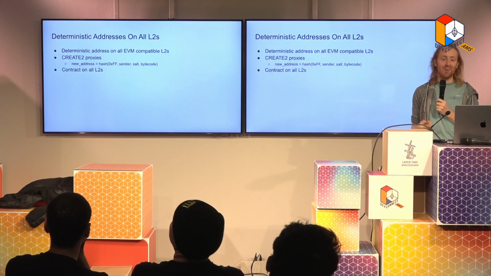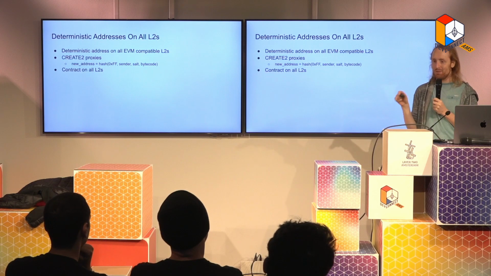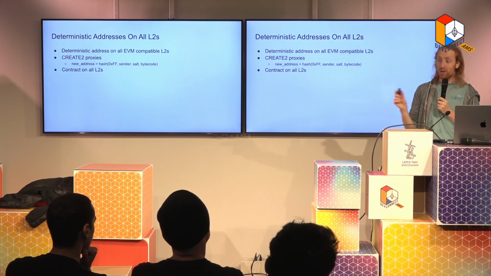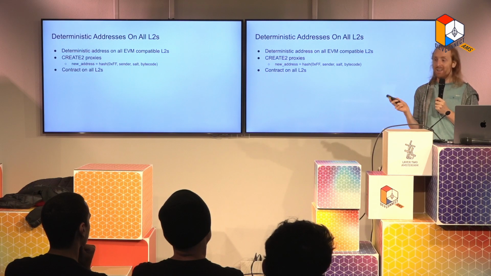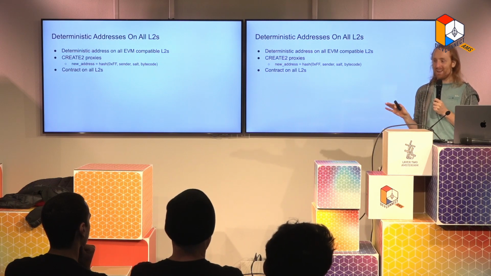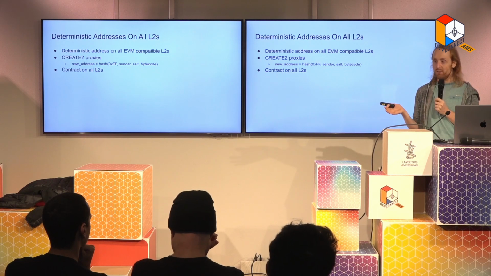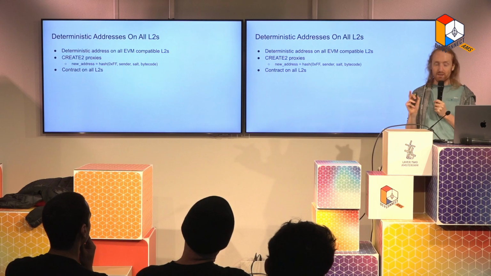Cool. Oh yeah, so this is a fun one. One thing that would be really nice is to be able to create the same addresses on different L2s, right? And there's a way that we can do this. What we do is we can take the create2 opcode, which is a super complicated opcode, but it allows you to create deterministic addresses, and the address is a function of